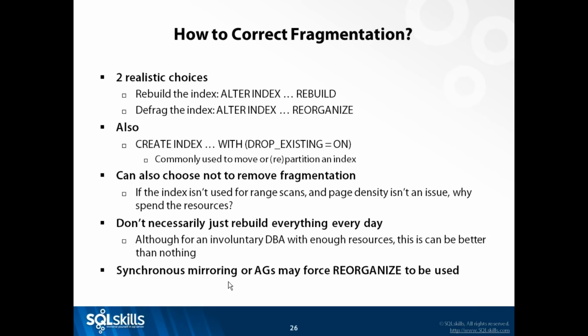If you have a synchronous mirror or a synchronous availability group, you might not be able to do an index rebuild, because that can cause a whole bunch of transaction log to be generated and could slow down your mirroring or AG environment. That gets better in 2016, where they've got better with the amount of log stream compression between your primary and secondary AGs. You might have to use an index reorganize and do what I call staggered index maintenance, where you do a little bit of reorganizing every day. Go to Google or Bing and search for Paul Randal staggered index maintenance, and you'll see some stuff that I've written online about that.